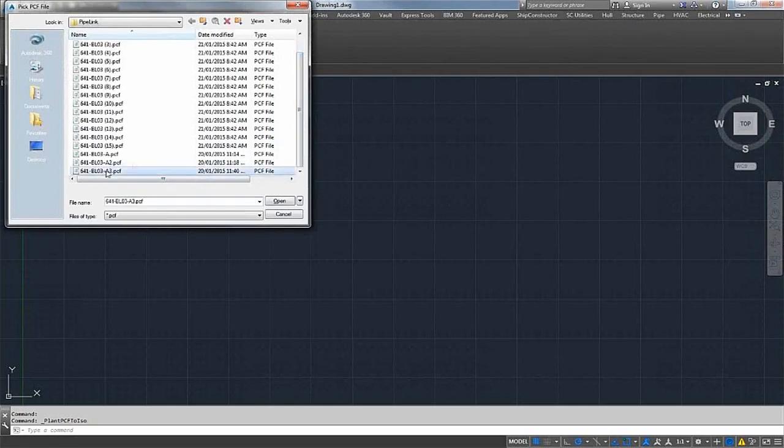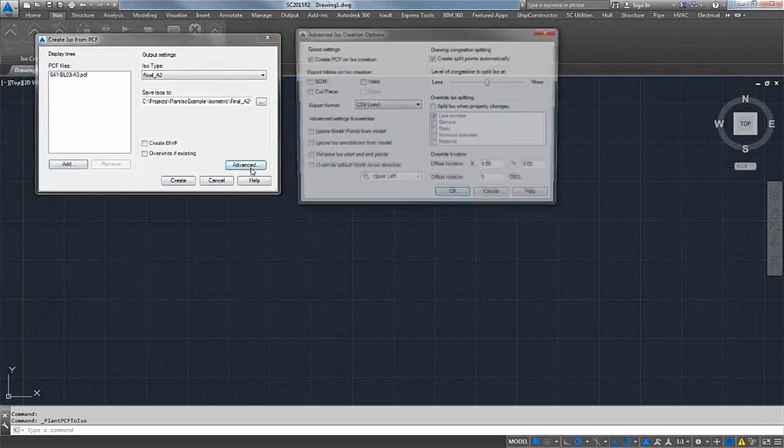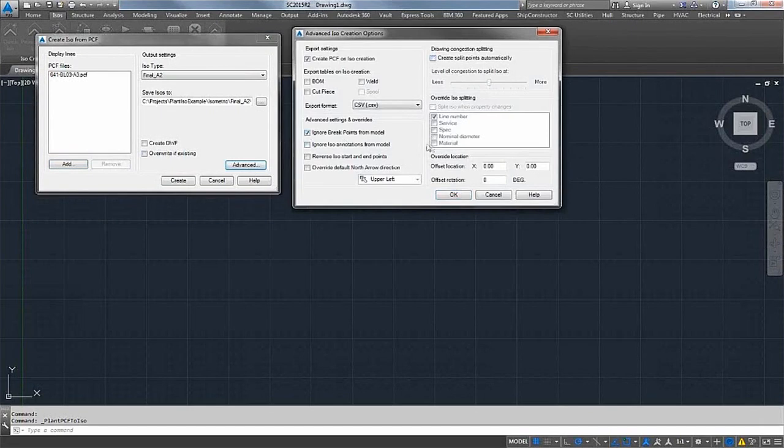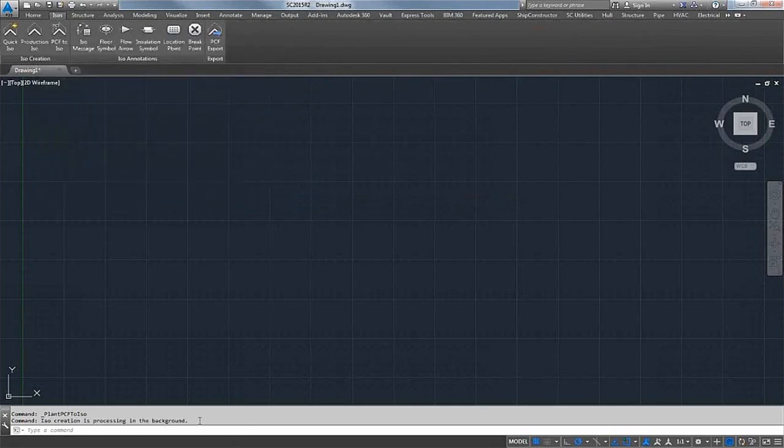Earlier on, I created a PCF file of the entire system, so it would make a more interesting isometric drawing. So that's what I've selected here. Rather than it being an individual spool break, this PCF is that entire output drawing. I'm just going to do a couple settings so that we get as few ISO files as possible, as per what Plant 3D decides. Overwrite any existing, and I'm going to hit that create button. Now you can see down at the bottom in the command line that it's actually creating the ISOs now. This will take a moment, and while this is chugging away and making the ISO files,